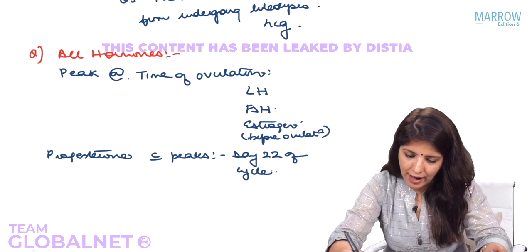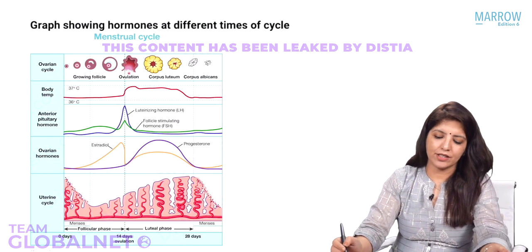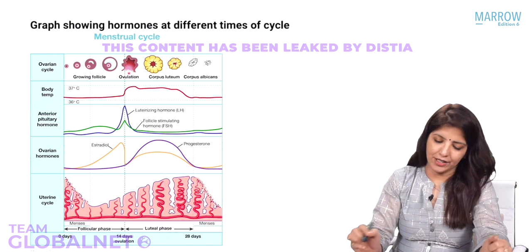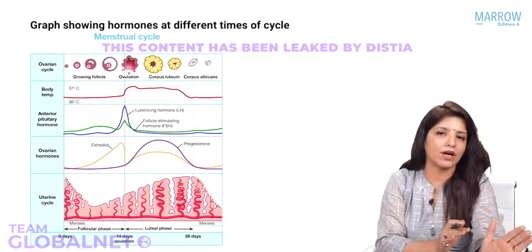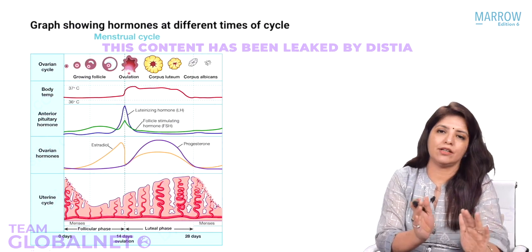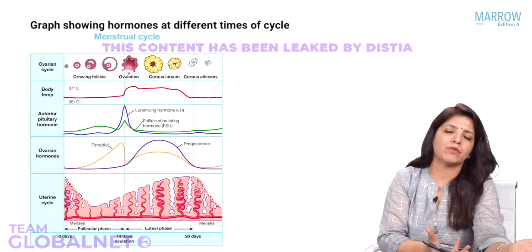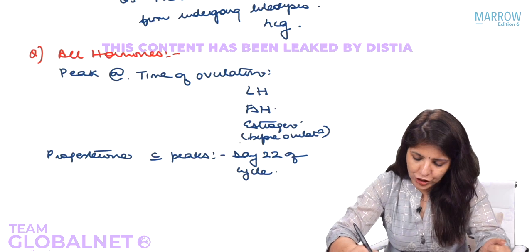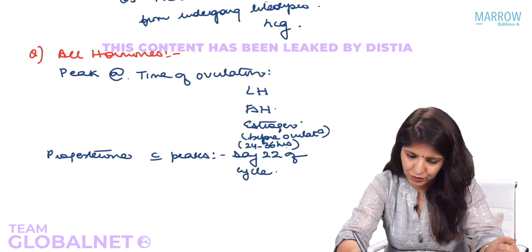So suppose you have an image like this, in which they are saying to identify the hormone which they have shown in light purple color. Now see, all the hormones are peaking at the time of ovulation. The dark blue color is the LH, the green color is the FSH, and the orange color is estrogen, which is peaking just before ovulation, right? So we know estrogen peaks right there only. Before ovulation, how many hours before ovulation? 24 to 36 hours before ovulation, right?